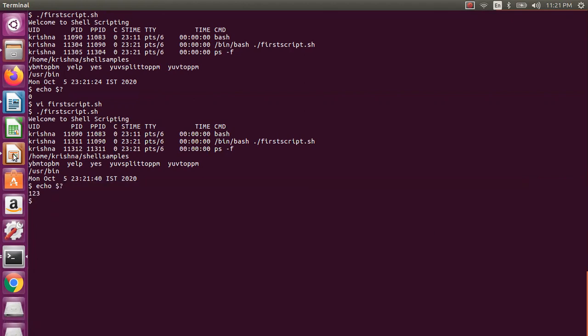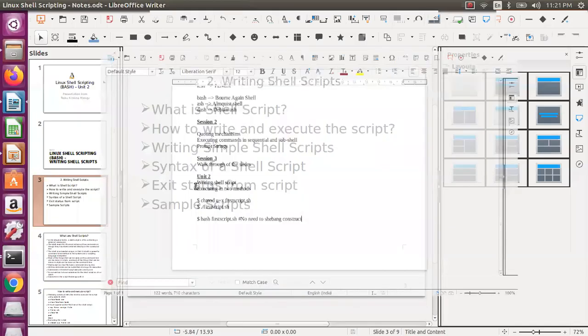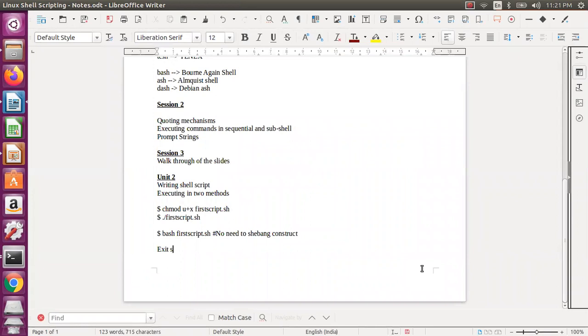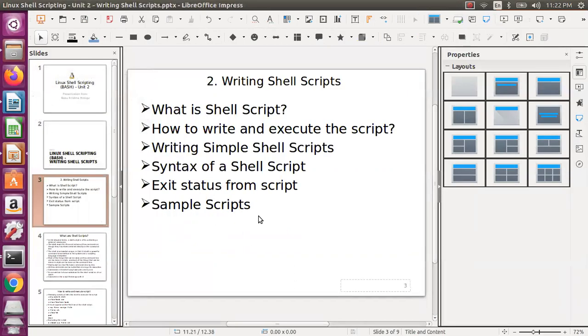Generally you will not give this. So exit status 0 is successful, and non-zero is failure. Non-zero will tell you the type of the failure actually. If it is 1, it means one problem occurred. If it is 2, another problem occurred, like that actually. Let us assume the failure may happen in a variety of ways. To give an example, it may fail because there is no hard disk space. In that case, the failure exit status is one thing, and if you don't have permissions, that is another thing. Like that, there may be many exit statuses actually.